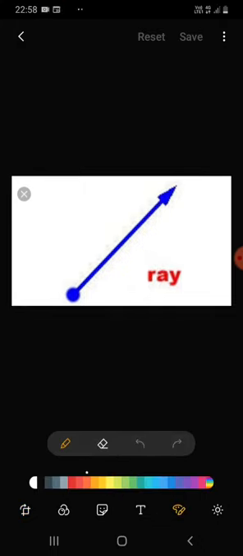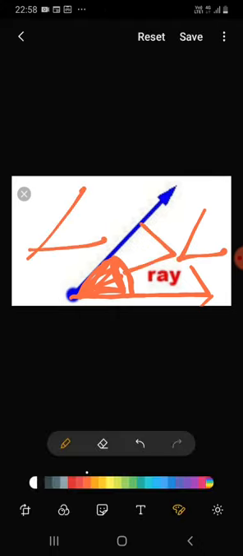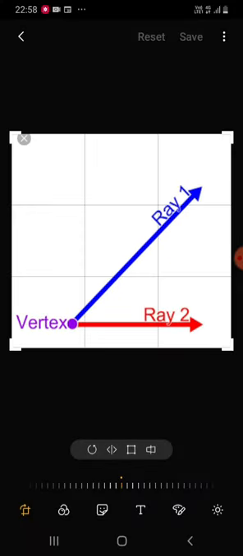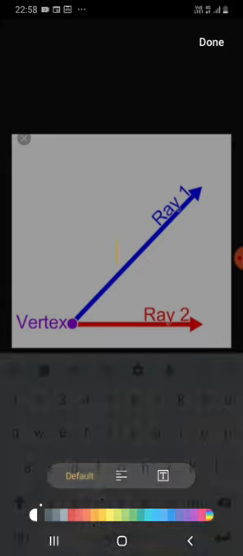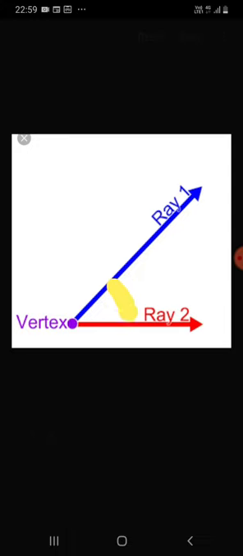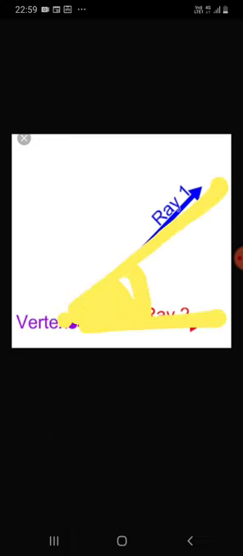Lastly, coming on to the angles topic, I would say that what if I extend the ray from one more side like this, I obtain this little thing here which is known as the angle. So what will we call something like this or something like this? Let's figure it out. So here we have this vertex which is the point. A point can also be written as a vertex only in the angles. We have this angle, ray 1, ray 2 and this small vertex and this angle.